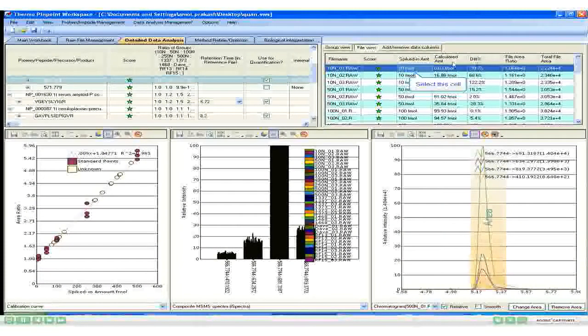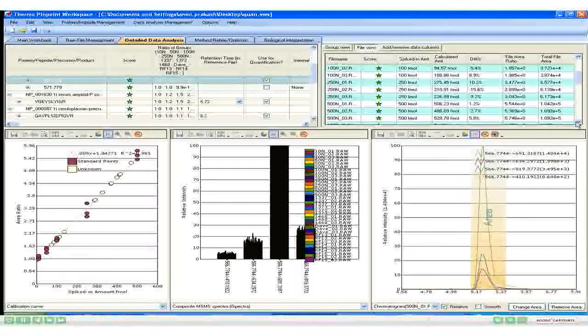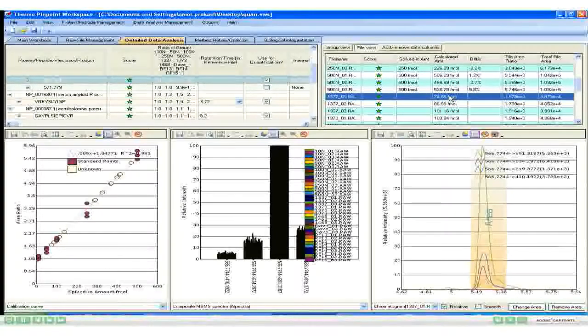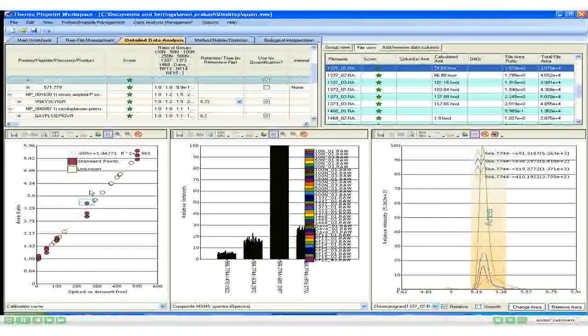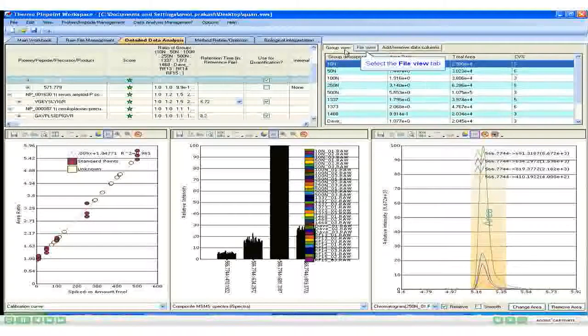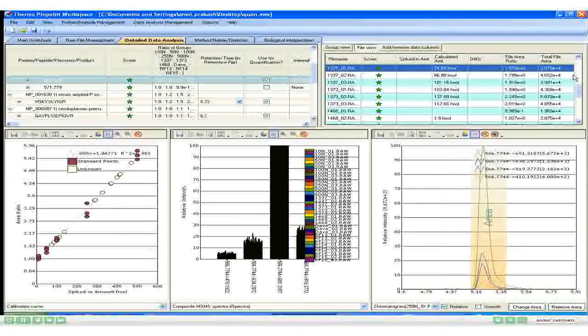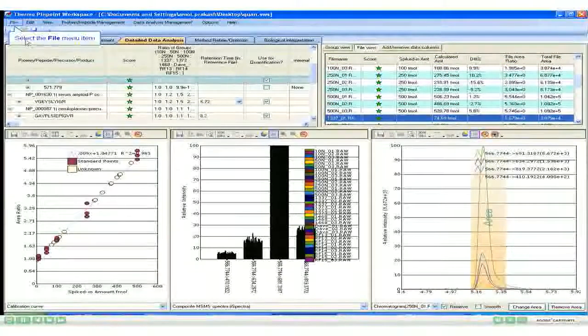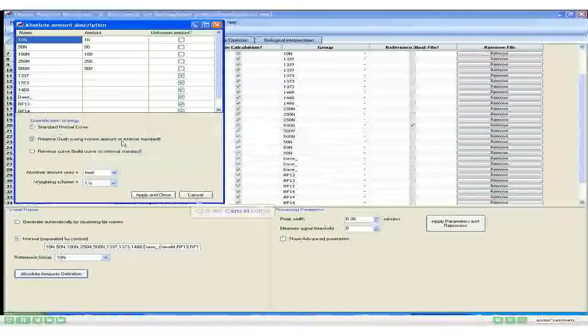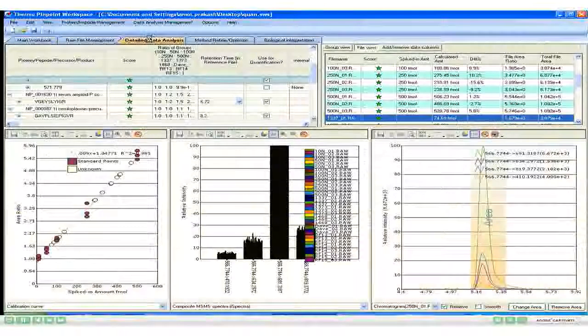Okay, so apply and close. And we can again come back to this absolute amount definition after we look at the data, and we can change something here and then look at the data again. Okay, so the data loads up, and you can see this first plot, which used to be a histogram, now has become a curve. And clicking on any peptide, we can see this curve. So we clicked on this particular peptide, which has the light as well as the heavy labeled, and the light is normalized